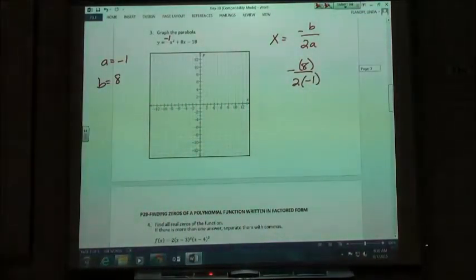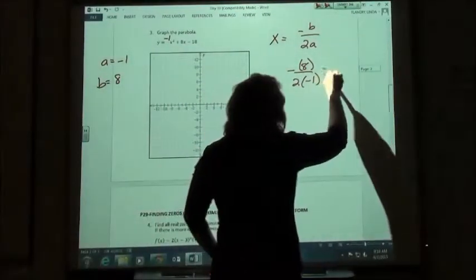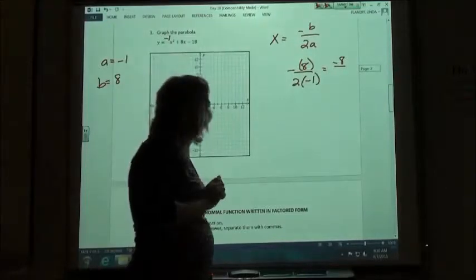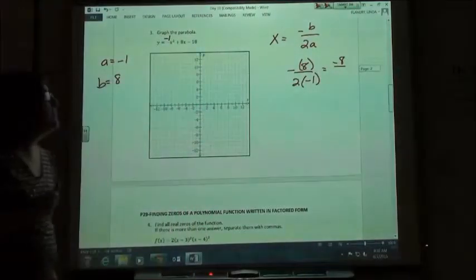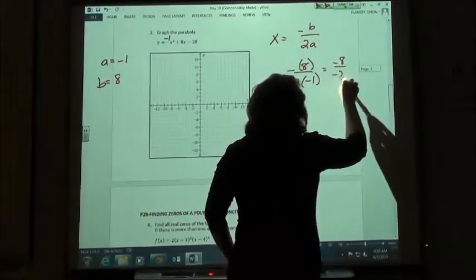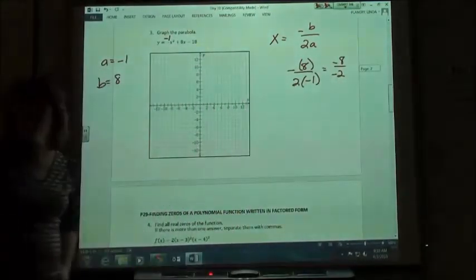Negative 1. So on the top we're going to have negative 8. On the bottom we're going to have negative 2. And so if we have negative 8 over negative 2, we would get